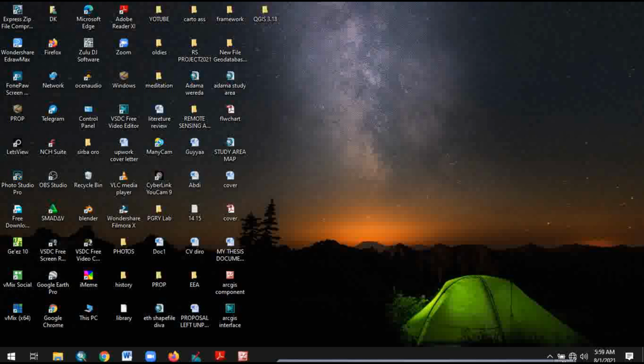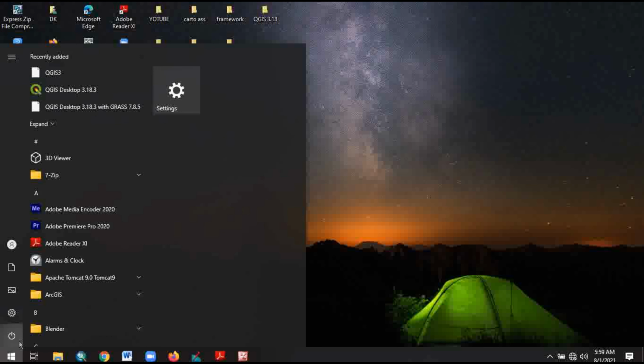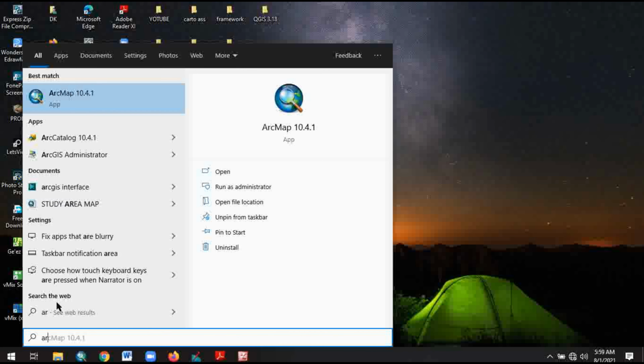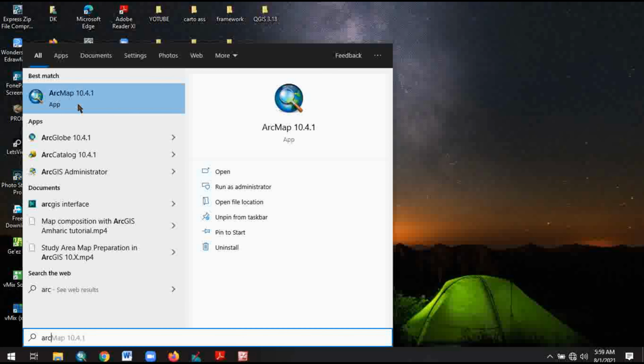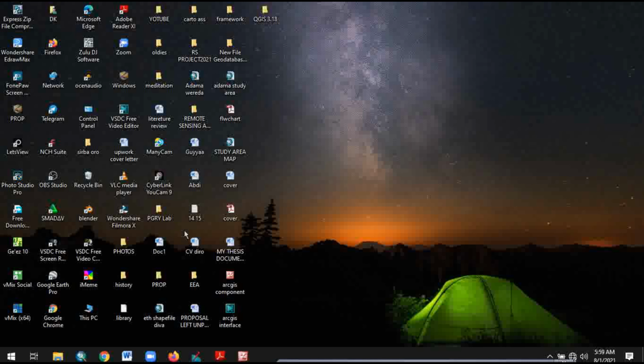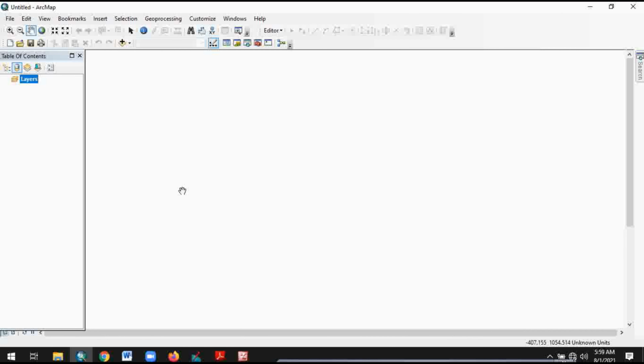To start with ArcMap, first we have to have ArcGIS software installed on our PC. So once we have ArcGIS installed, we can open it by searching from the start menu here, ArcMap. It comes by default after typing ARC, or you can open it from the taskbar if we already pinned it to the taskbar. We will get an interface which looks like this one by default,